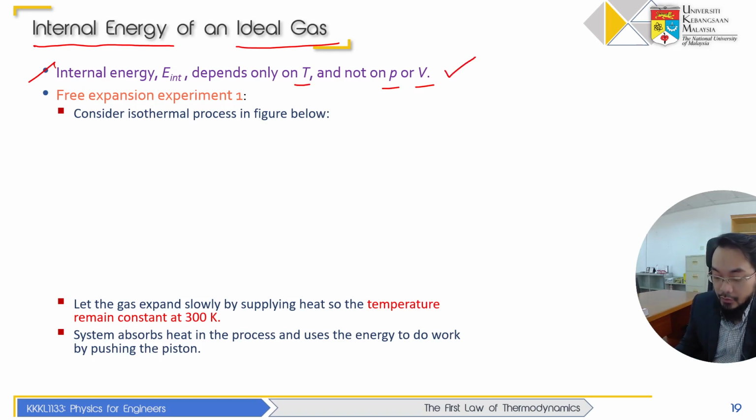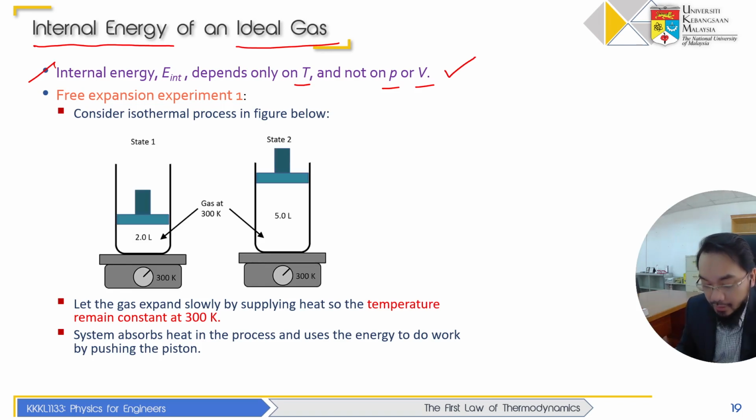Okay, so how do we prove this theory, or how do we prove this conclusion? Is by doing some sort of experiment. So the first experiment is a free expansion experiment number 1. So in this experiment, we have an apparatus that looks like this. So consider you have a flask containing air trapped in by a piston like this, and then the flask is put on a heat plate, okay, whereby you supply heat